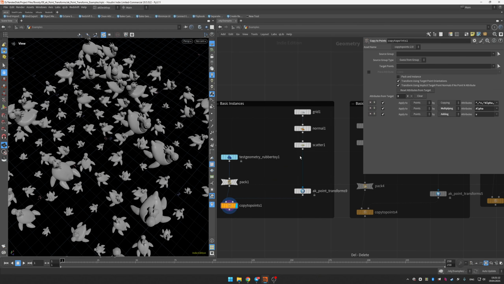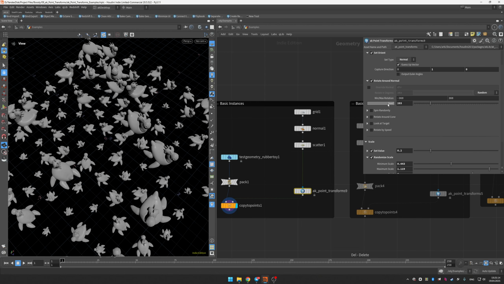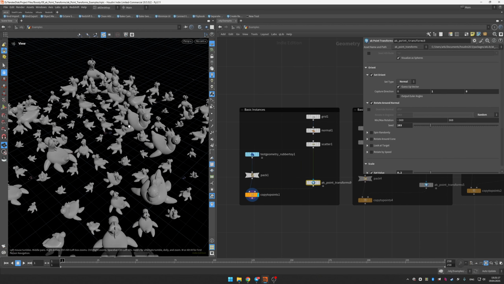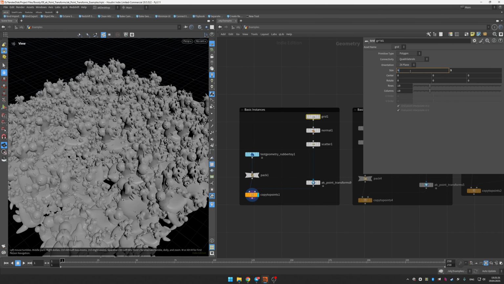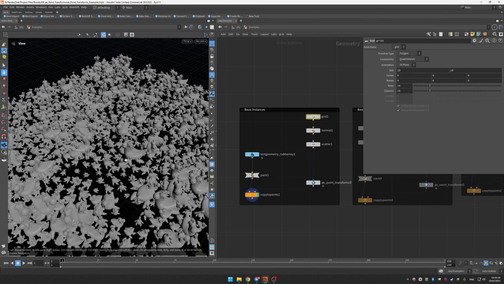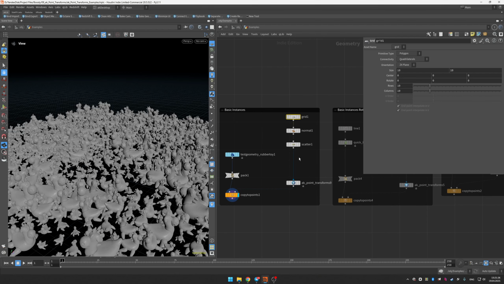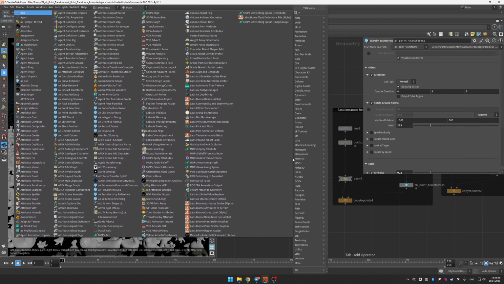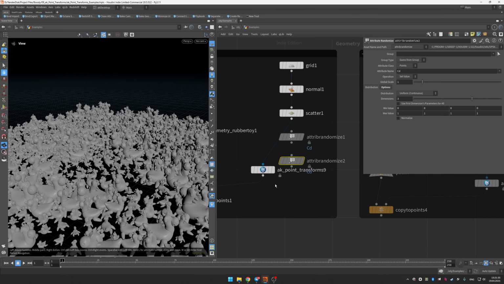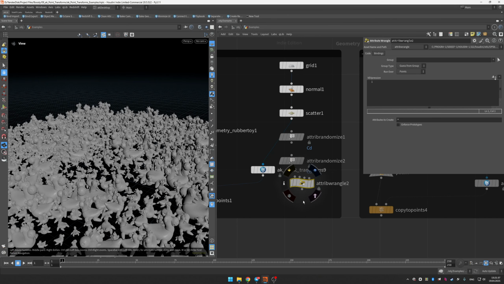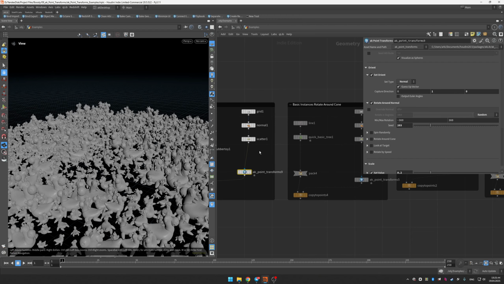And of course, what else? Those we're gonna look at later. So this is the basic example, right? And then if you make a lot more of them, and then increase the size, as you can see, you can quickly set up these attributes. You don't have to create attribute randomize one more time. And then, for example, if you want some of them to be bigger, you make a wrangle. So I just got tired of making this again and again, so I decided to make this asset,